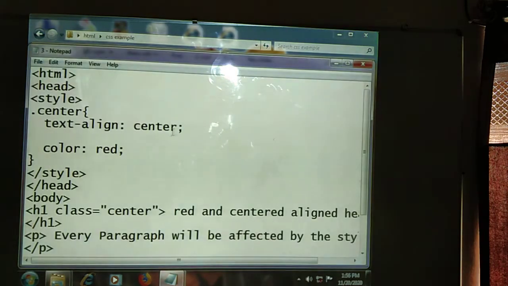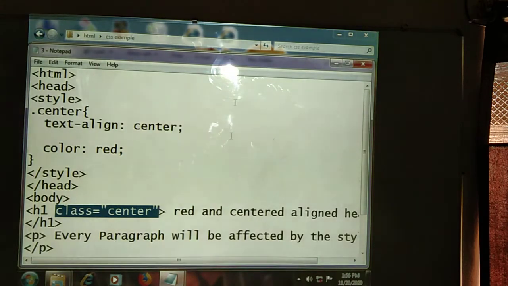The third program, here we are going to be using the selector. Which selector? Class selector. Whenever we are going to be using the class selector, it should be applicable to all the elements in the HTML body section where we are going to be representing the class selector name. That element will be affected.